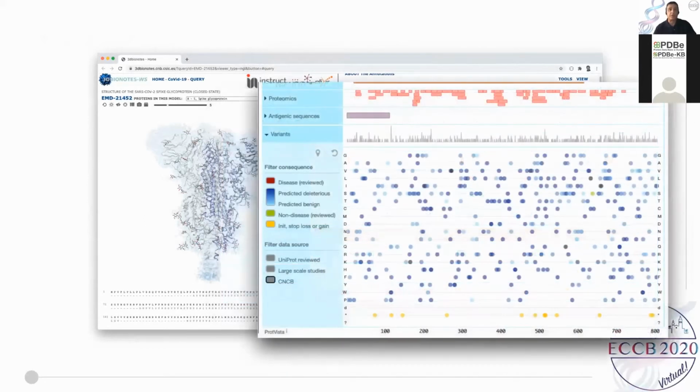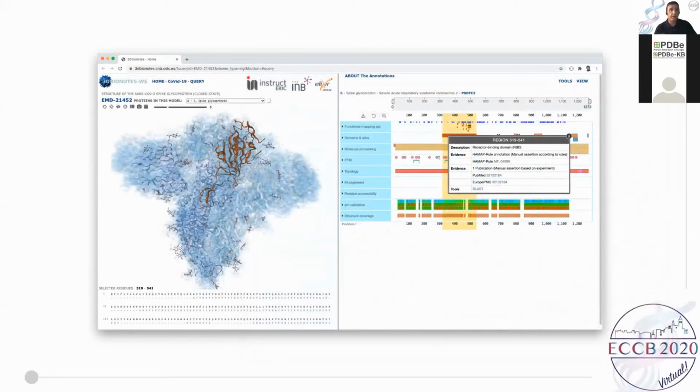And as you may see, by clicking any of these boxes representing an annotation, all the residues associated with that annotation are highlighted, also in the protein structure or in the alignment sequence, which is at the bottom left, in the atomic structure.